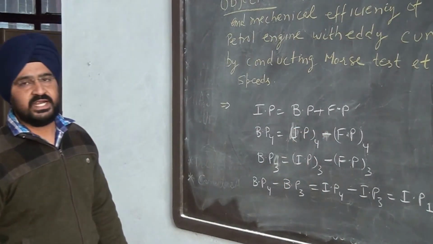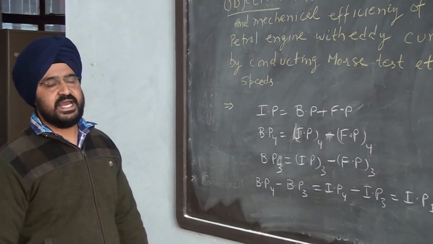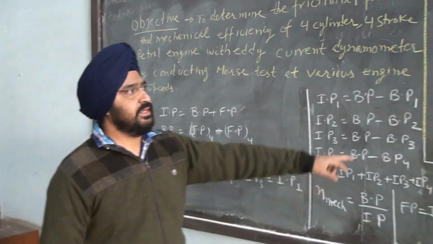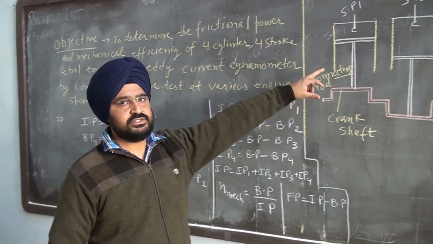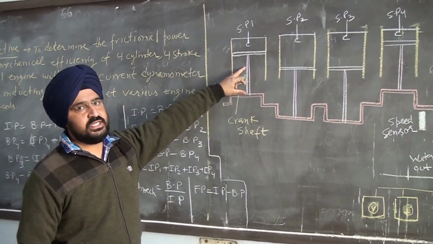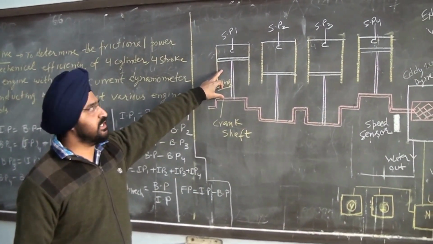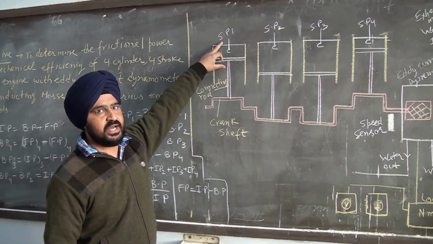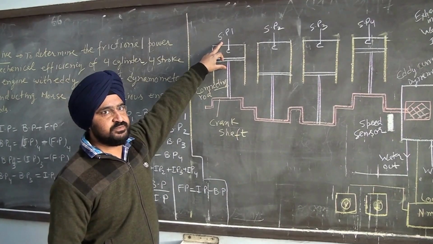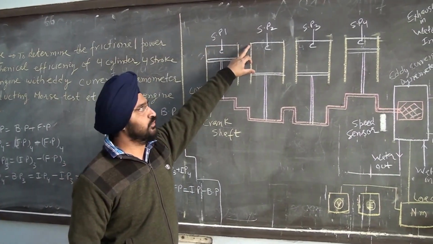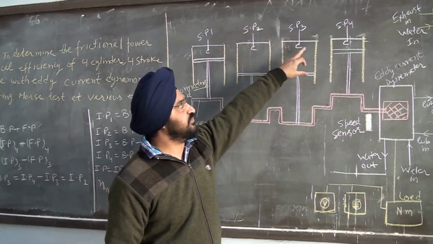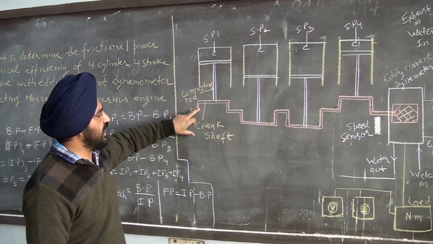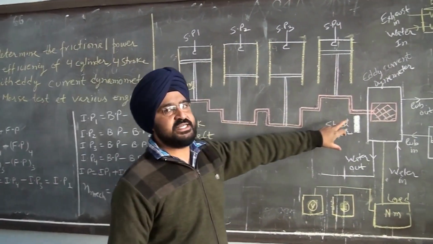Now how do we have to conduct this test? Let's look at the diagram. The diagram here is of the four-cylinder, four-stroke engine, with the piston-cylinder arrangement. At the top of each cylinder is the spark plug: SP1 stands for spark plug 1, SP2 spark plug 2, SP3 spark plug 3, SP4 spark plug 4. The four-cylinder engine is connected with the help of the crankshaft, and on the extreme right-hand side